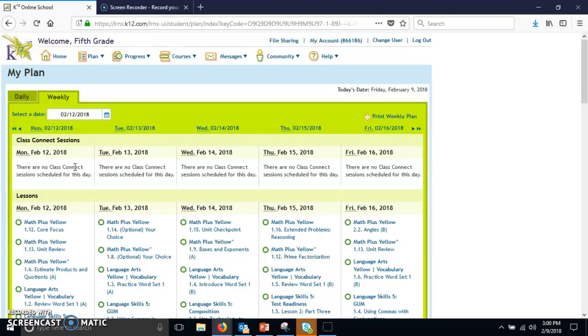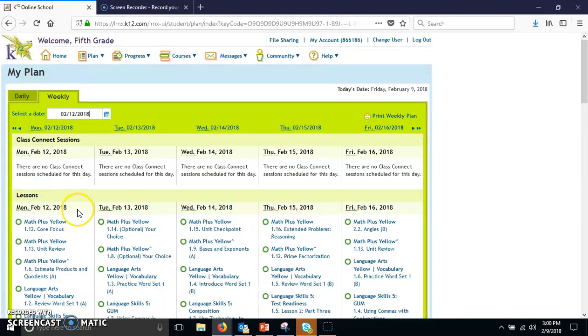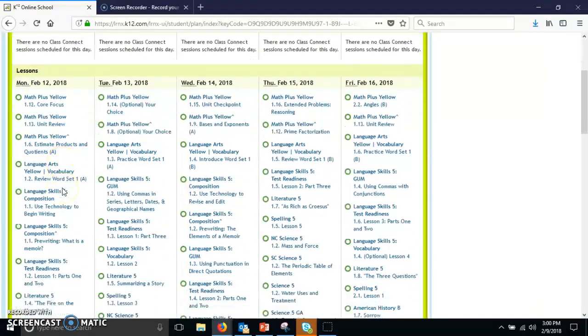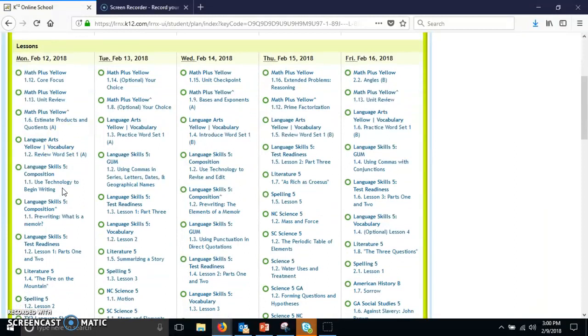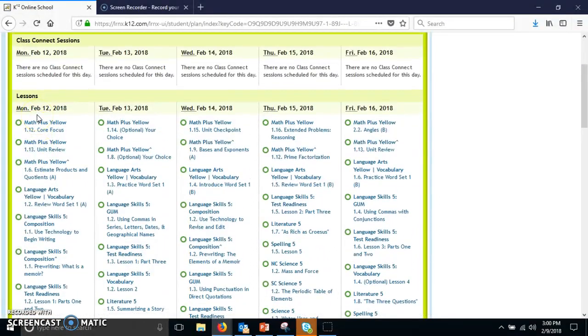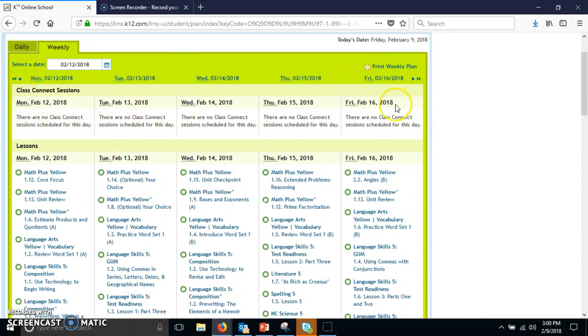The easiest thing to do is to get into a habit of looking at this every Monday and printing this out to make sure that you have all the lessons that are due for the week and you know what is required of you. In case of the event that something happens and you do not have access to the internet or you can't get into the OLS one day or anything like that, you can still have your child complete lessons. So I would get into the habit of every Monday looking at your weekly plan,